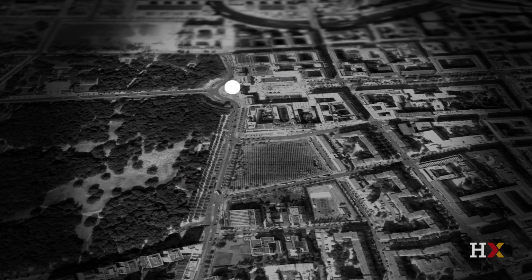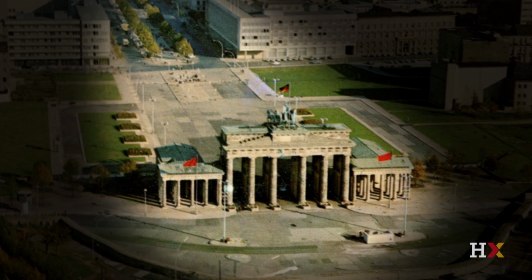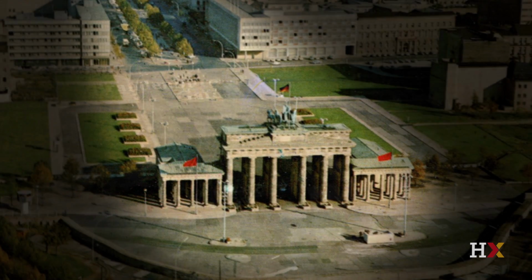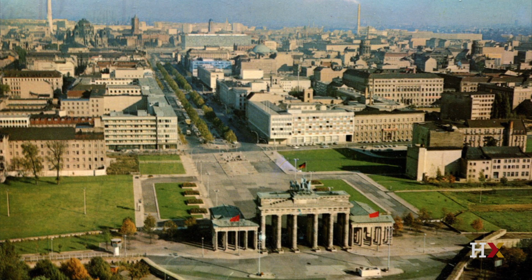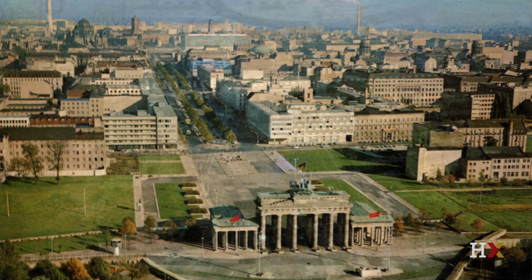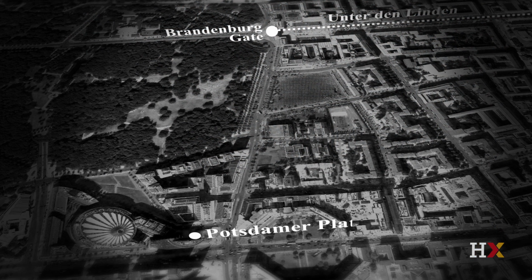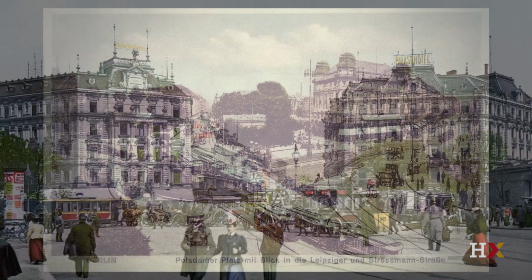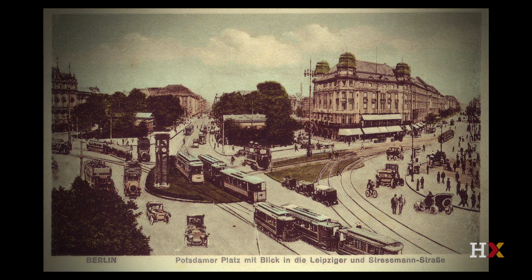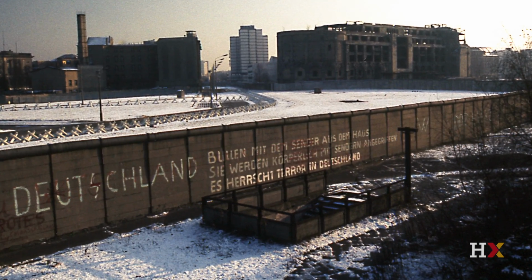The site to the north is bounded by the Brandenburg Gate and the Unter den Linden. The Unter den Linden, or under the linden trees, is one of the main boulevards of Berlin, and it leads right to the heart of the cultural area of Berlin. On the south is the Potsdamer Platz, which before the Berlin Wall went up was the main commercial center of Berlin. So it's an extremely important site, which after the Berlin Wall came down was just like this 17-acre wasteland